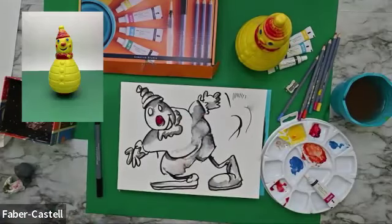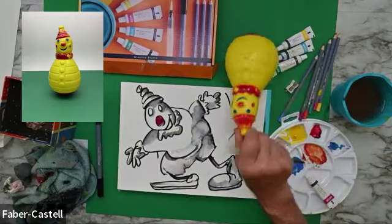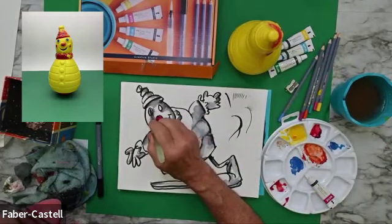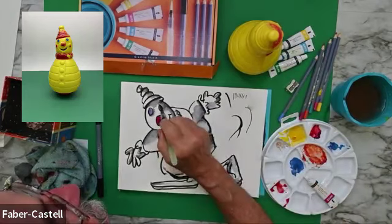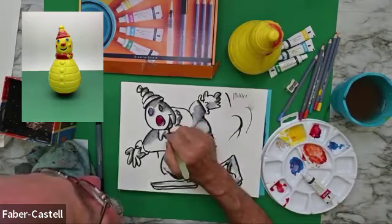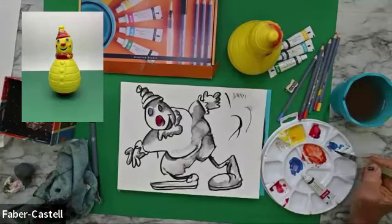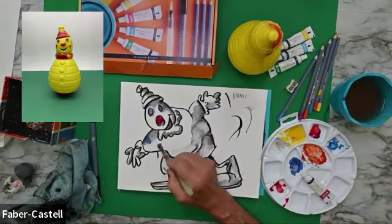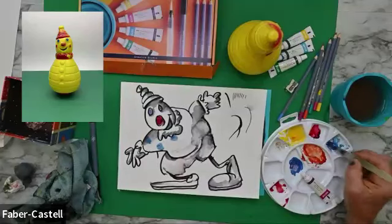All right, so we got that. Let's give him, and I'm working with the notion of him having blue eyes, little red bits and stuff. So we're not totally out of what's actually there. And, all right, so let's give him some blue dots, polka dots. And these I'm just blotting on. And again, I like keeping it fairly transparent, at least to begin with, because